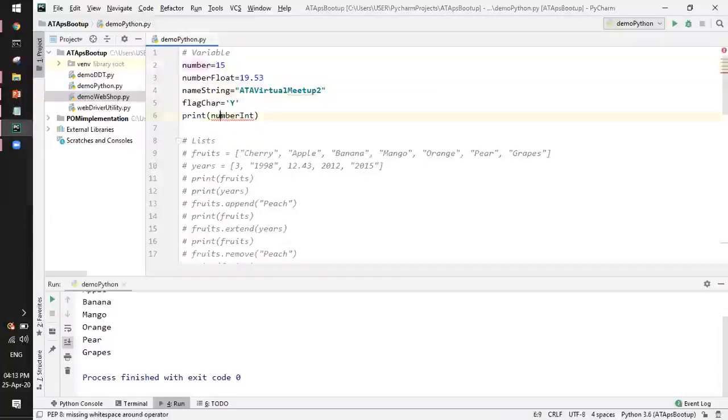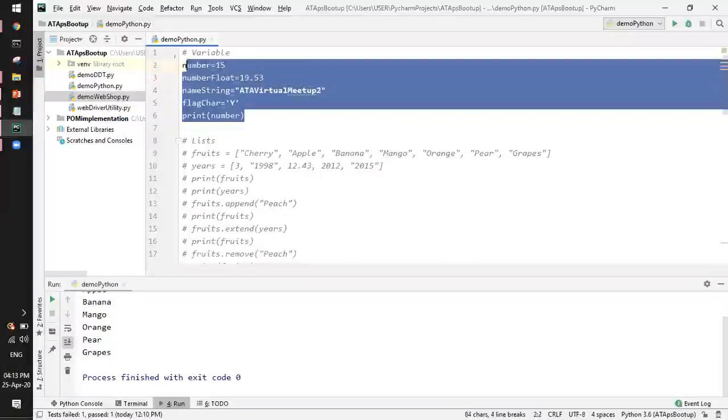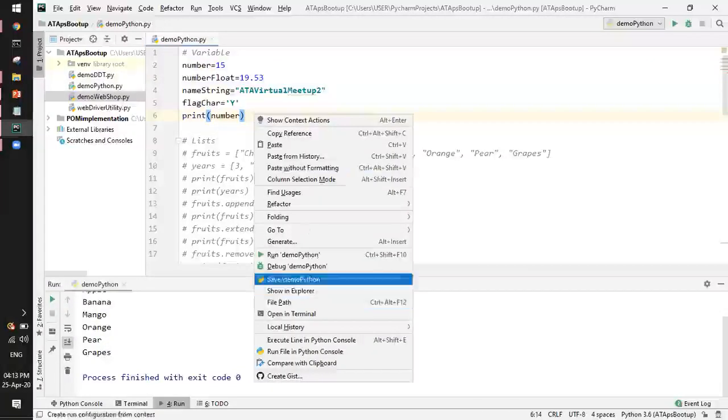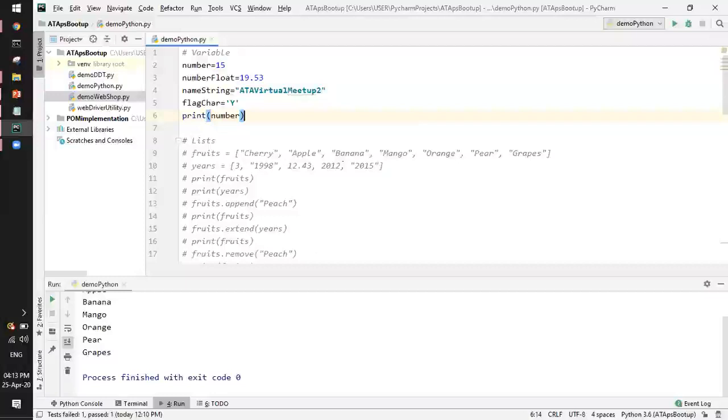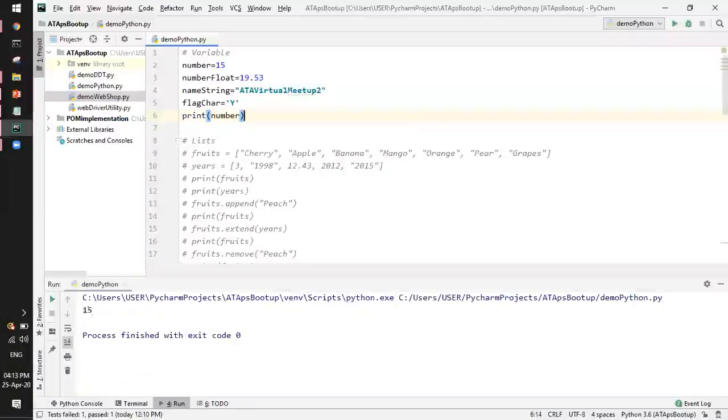I'll just print and show. I'll just run this, and you can see it will print the number value.